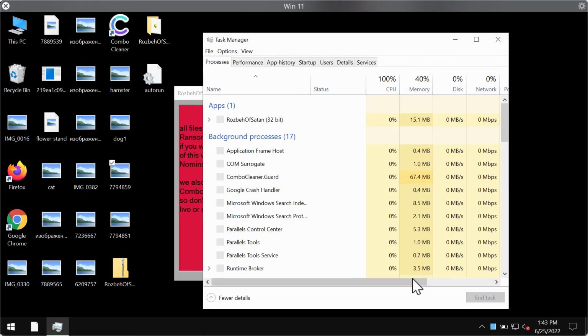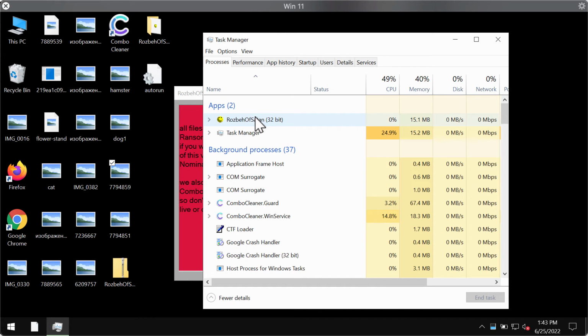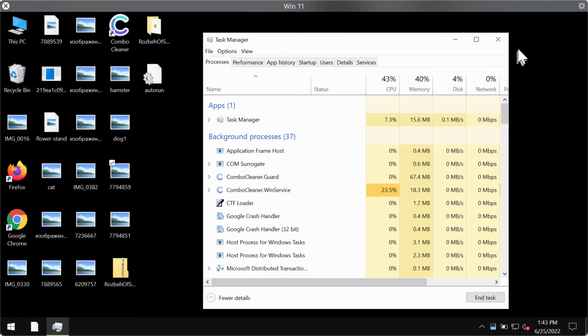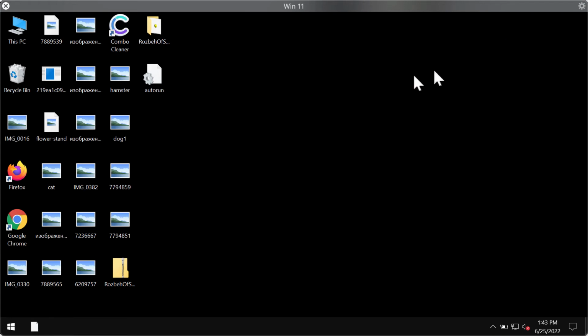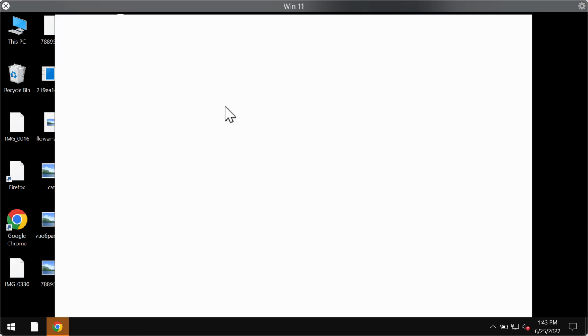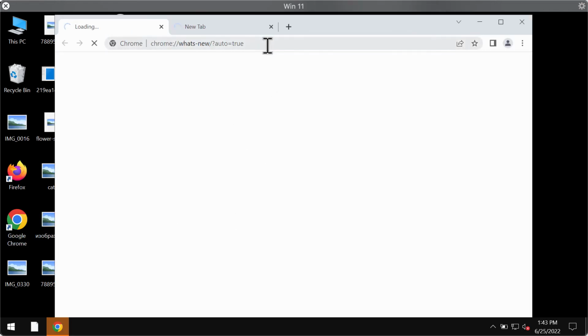First thing we recommend you to do is to check the task manager. If you find any suspicious processes like this one, right click on it and end its task to stop the further file encryption. Then I recommend you to remove this ransomware immediately with the help of Combo Cleaner antivirus, which you may get on the official page